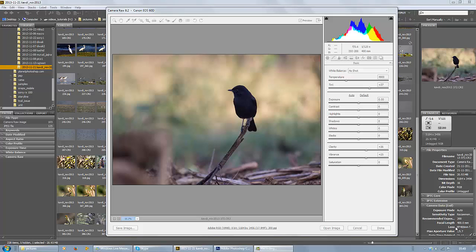Hello friends, in this video tutorial I want to give you an insight into RAW files. Nowadays almost all DSLR cameras and also some high-end compact cameras come with the facility of being able to shoot in RAW. The RAW is basically a digital negative and it differs from your normal formats such as JPEG, PNG or TIFF in a manner that when you shoot in RAW, your camera captures the image and preserves all the